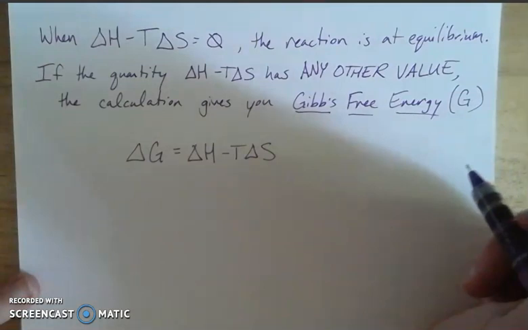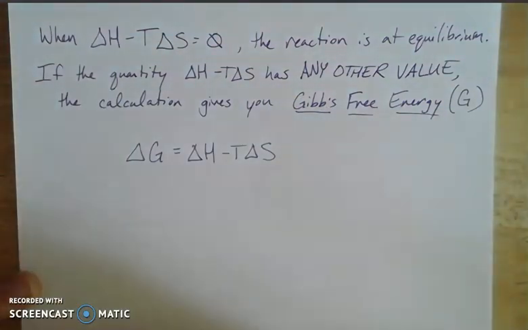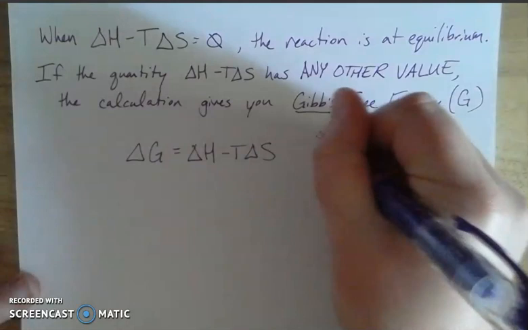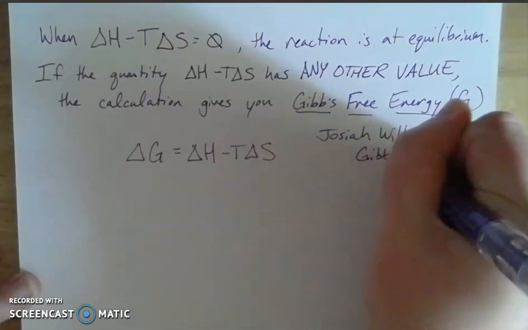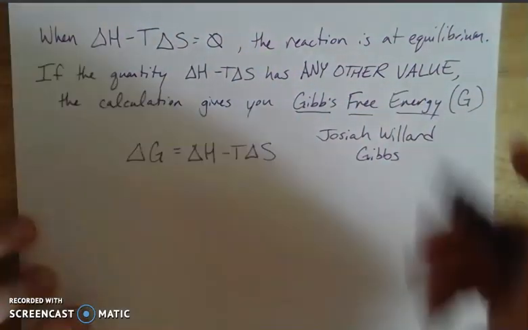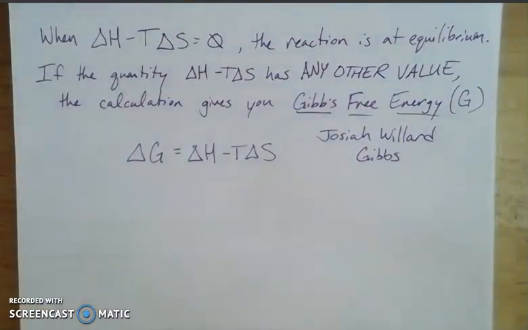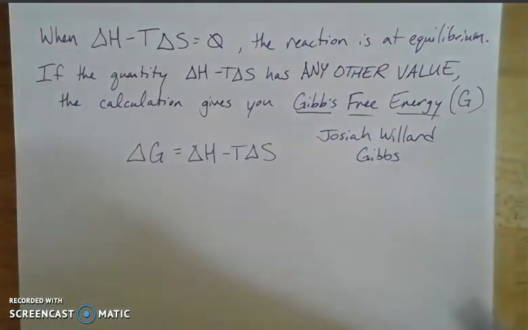And actually, this shouldn't have an apostrophe here because it's actually Gibbs. It comes from Josiah Willard Gibbs. So it should be Gibbs's Free Energy. So, you know, not an English major. Okay, so the symbol that we use to identify Gibbs Free Energy is a capital G, which makes sense for once, unlike entropy, which I still don't understand.